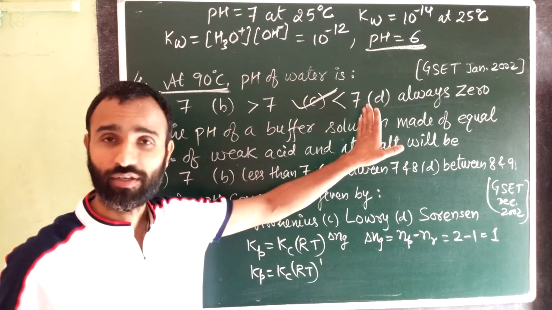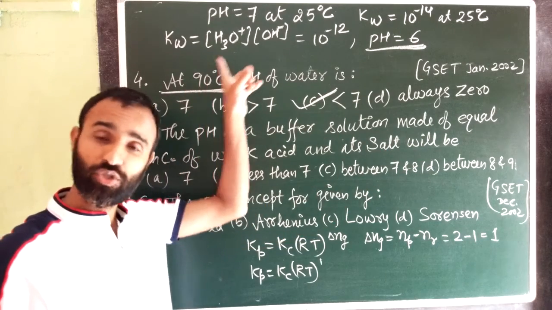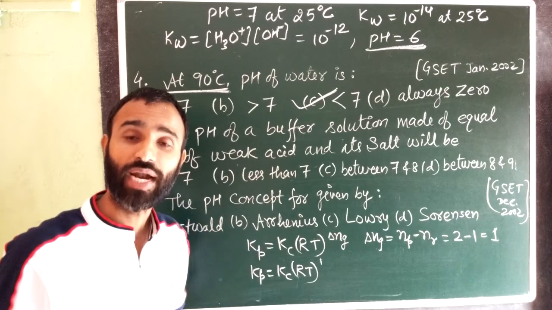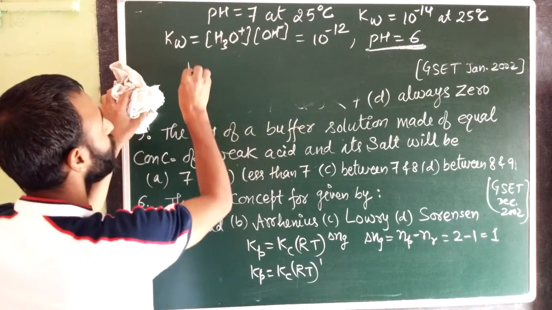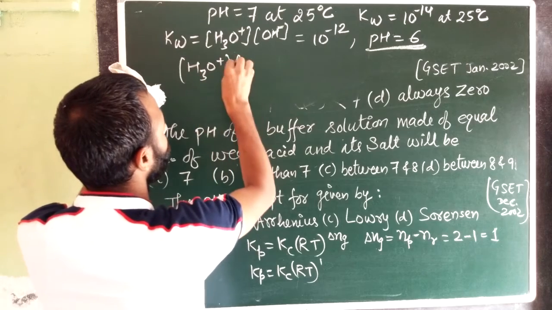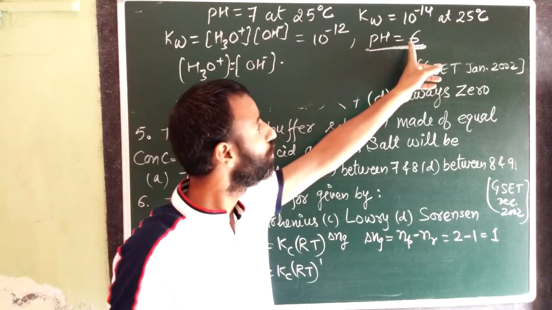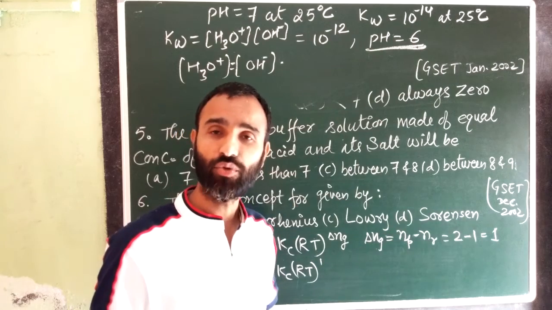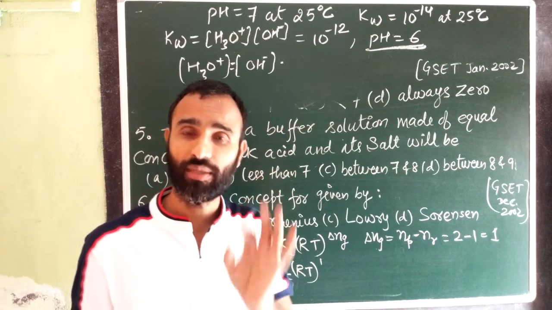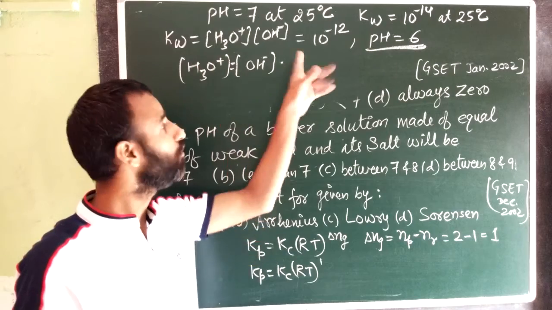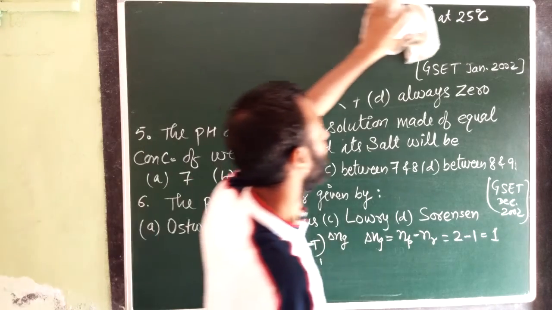But it is neutral. pH is equal to pOH. याद रखना ये टेम्परेचर इंक्रीज हुआ, pH डिक्रीज हुआ, बट एट द सेम टाइम pOH भी डिक्रीज होगा और H3O प्लस कॉन्सेंट्रेशन और OH नेगेटिव कॉन्सेंट्रेशन रिमेन्स सेम. दोनों सेम रहेंगे, दोनों की वैल्यू इंक्रीज हो जाएगी, इसलिए pH भी डिक्रीज हो जाएगा, pOH भी डिक्रीज हो जाएगी. ठीक है. नाउ आयनिक प्रोडक्ट इज नॉट कांस्टेंट. आयनिक प्रोडक्ट इज ओनली कांस्टेंट एट कांस्टेंट टेम्परेचर. व्हेन टेम्परेचर चेंजेस, आयनिक प्रोडक्ट ऑफ वाटर चेंजेस. याद रखना. तो इसकी pH क्या होगी? लेस देन 7 एट 90 डिग्री सेल्सियस.